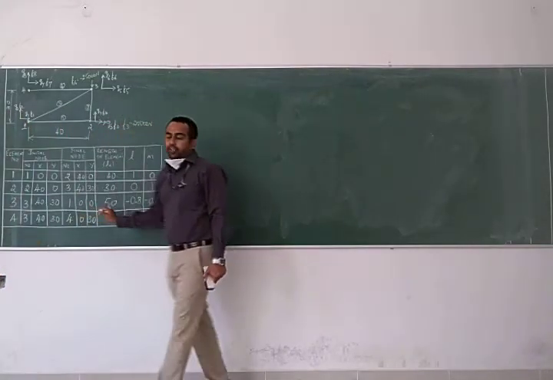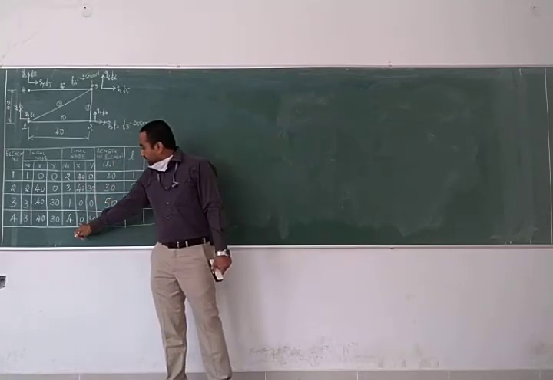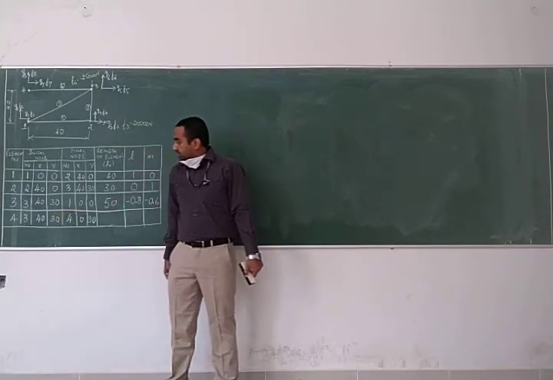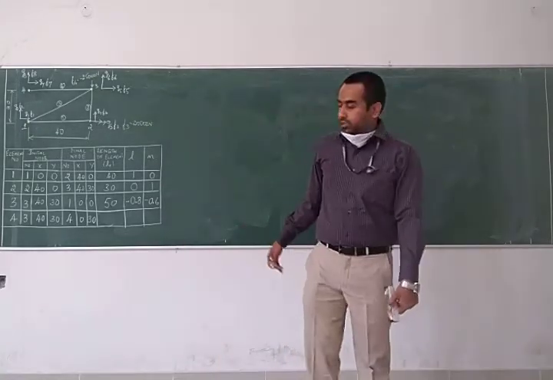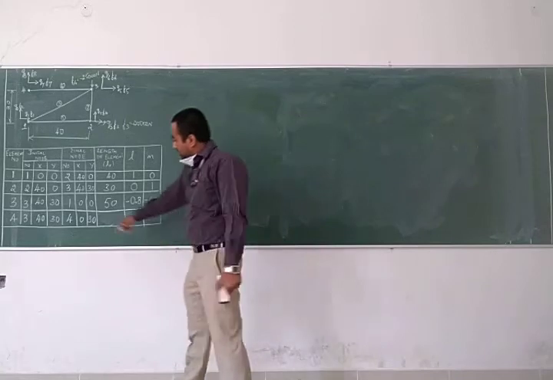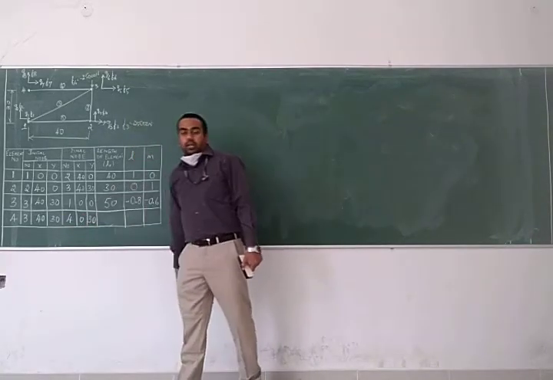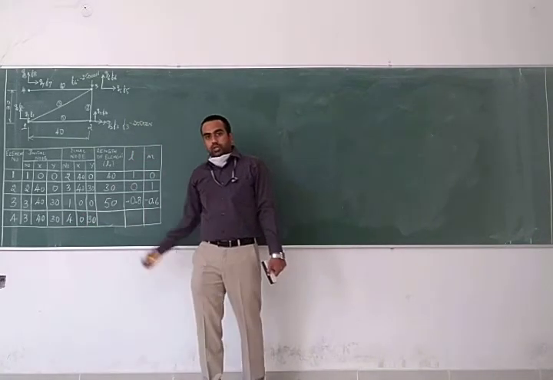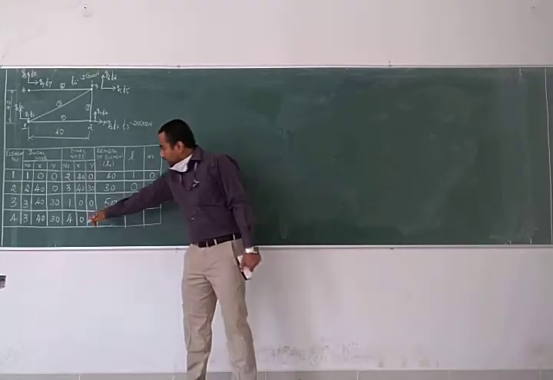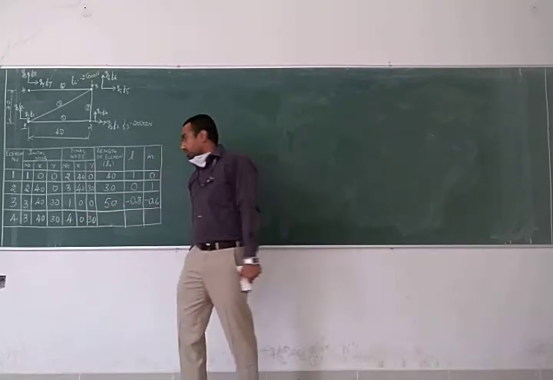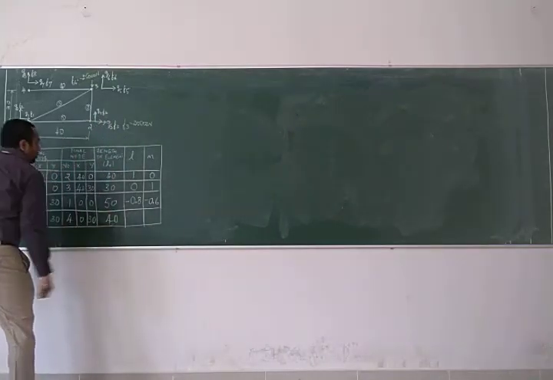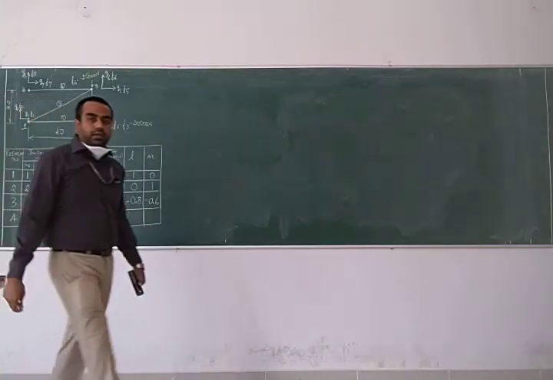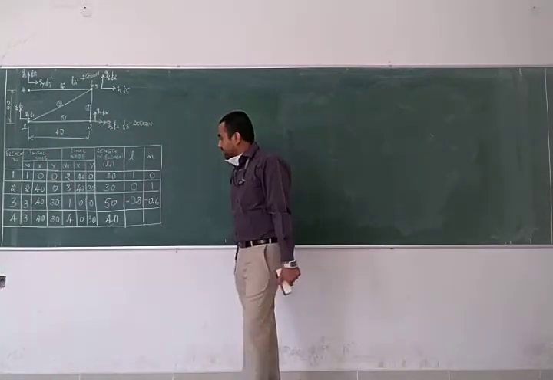Length of the element, again x final minus x initial. X final is 0 minus x initial is 40. 0 minus 40 whole square, which could be treated as 40 square, and then y final minus y initial, 30 minus 30 whole square is 0 square. So 40 square and the roots will be again 40. Length of both fourth element and first element is same.